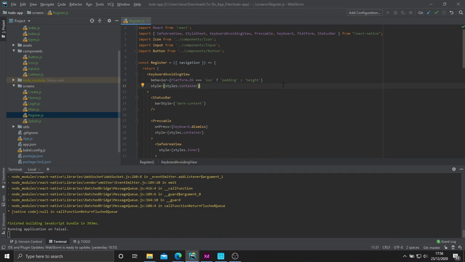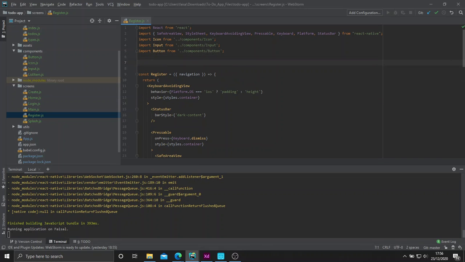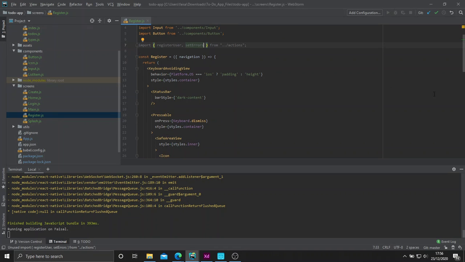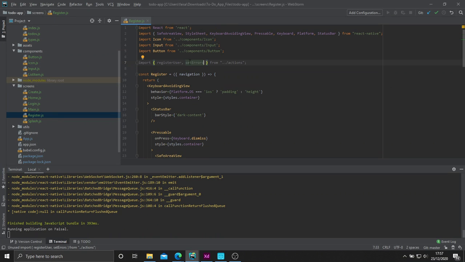Register. Let's start with register since it makes sense. You've got to make an account before you log in. So inside of our register screen, let's bring in two of our actions. Those two would be register user and set errors. So we're going to set some errors here for when we're going to clear the errors, if that makes sense. You'll understand that as we go through it, but for the time being we're just going to utilize